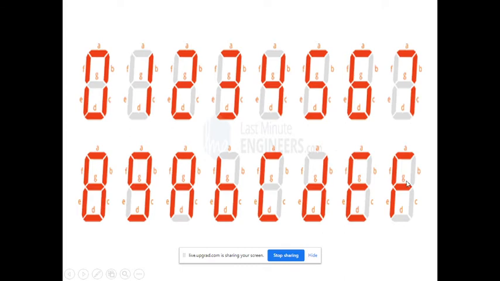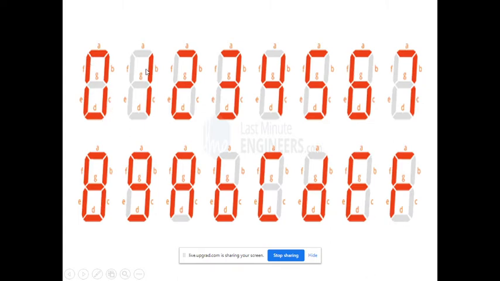0 to F for a hex counter. As per our application, we are developing this code to display the proper number on the 7 segment display. Now suppose I want to display 0 on the 7 segment display. At that time all these LEDs must be on except G and H. H is nothing but your DP, that is the decimal point. Means only G and H must be off and all others are on. At that time it is showing 0 on the 7 segment display.